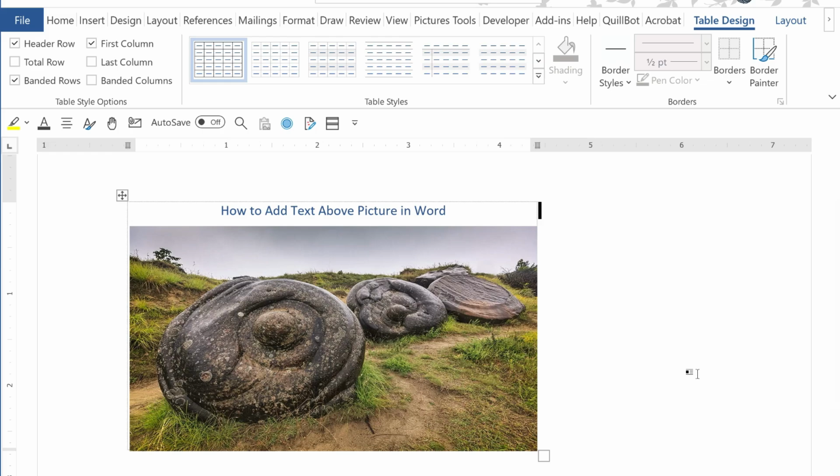So this method beats standard layout. A hidden table trick completely changes how you build documents, giving you three major advantages over traditional typing. The first is zero layout drifting, the second is perfect document flow, and the third is effortless multi-image alignment. So I hope now you understand how to add text